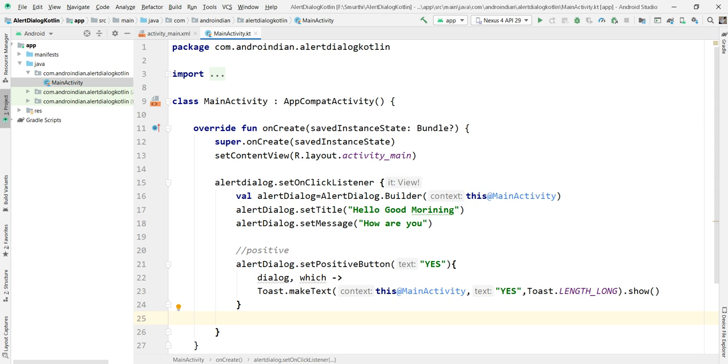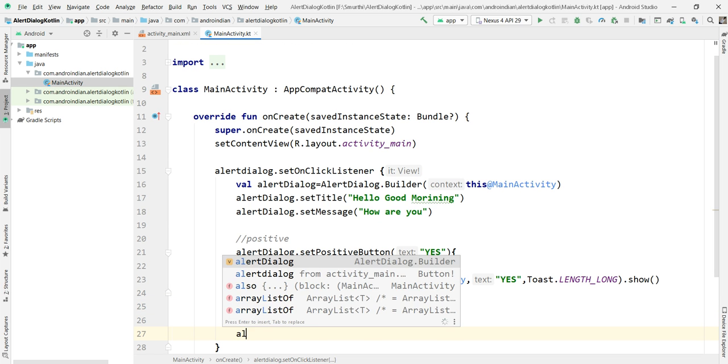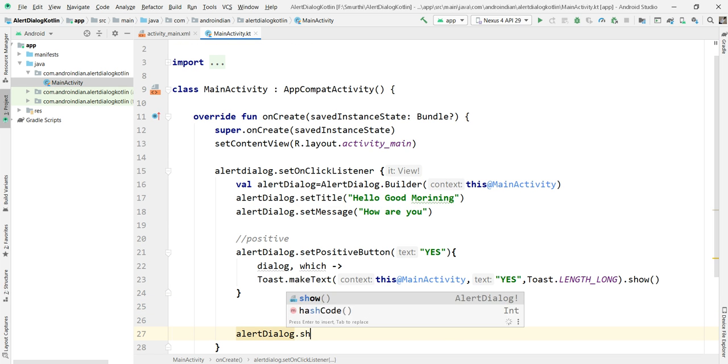Done. In the same way, now I want to create one more button, that is the negative button. Whenever we create dialogues, you must write dot show. Don't forget this dot show, otherwise the dialogue cannot be displayed.